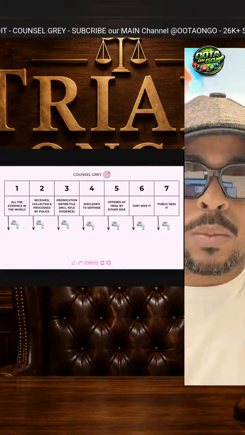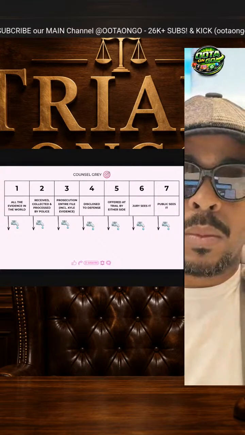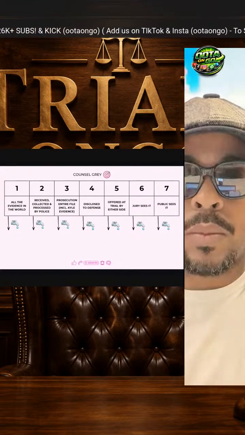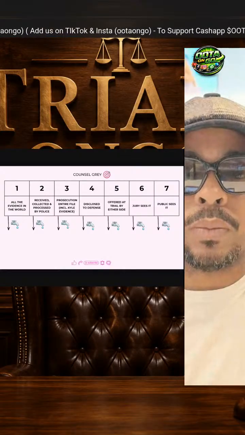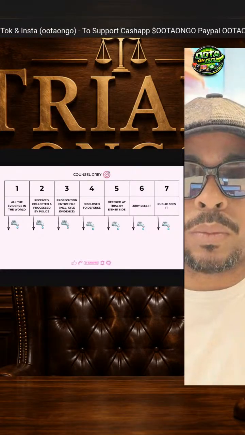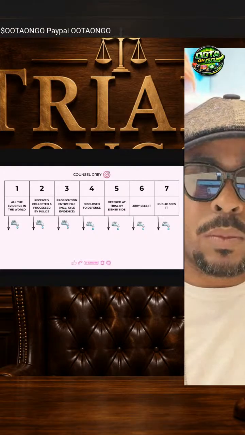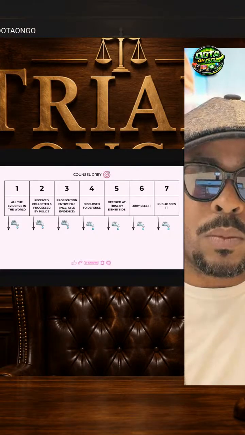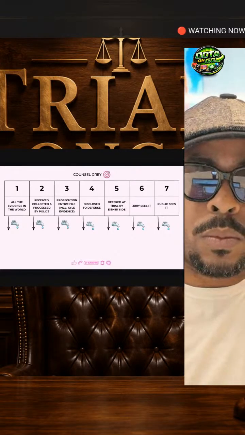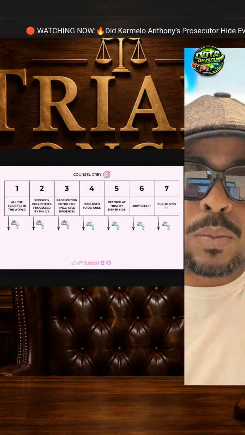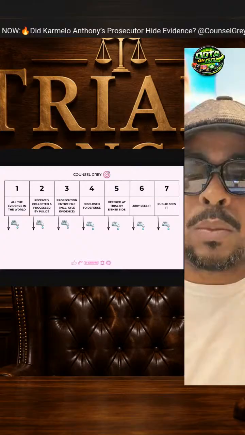And then the body of evidence gets even smaller because the defense and the prosecutor still may or may not offer it at trial. Just because the prosecutor has it doesn't mean they have to use it at trial. Just because the defense has it doesn't mean they have to use it at trial. Okay, so now we've got a much smaller body of evidence of what is offered at trial. And just because it's offered, right, you see this circle keeps getting smaller and smaller.